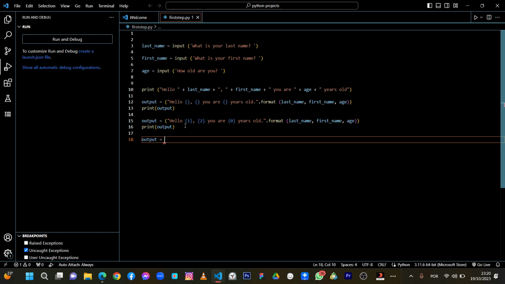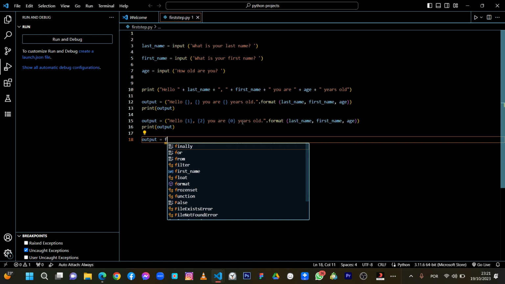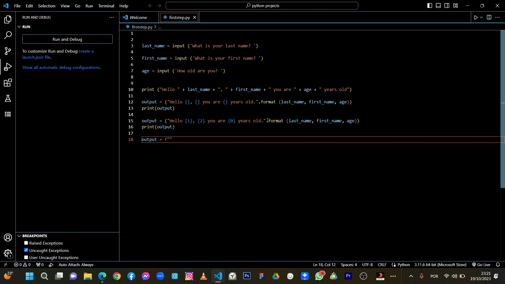And so we're gonna start with the F, which means format, and we're gonna use the quotes. We're gonna say hello. This is the first string, hello, and then there is the first variable. How we're gonna put the first variable is we're gonna actually type the first variable in there, which is the last name, and then space. There is a comma. We're gonna put a comma, and then another curly brackets that will hold the first name,